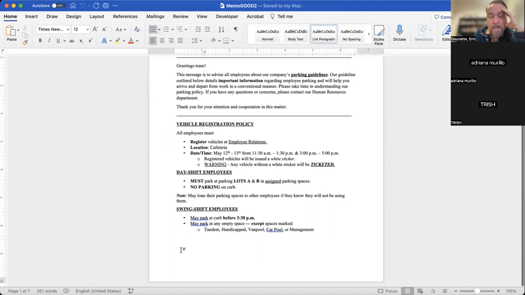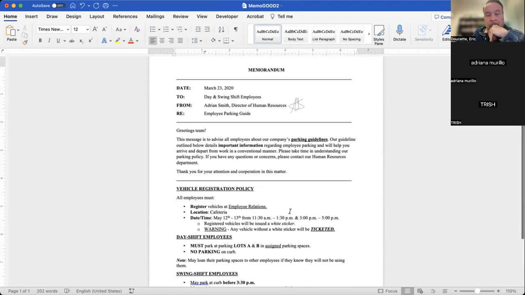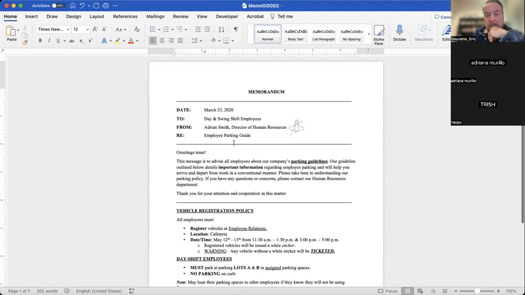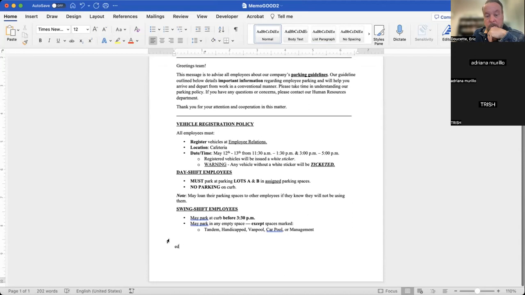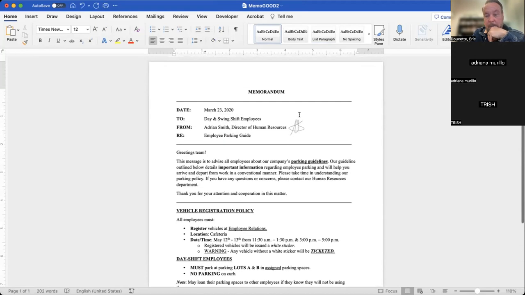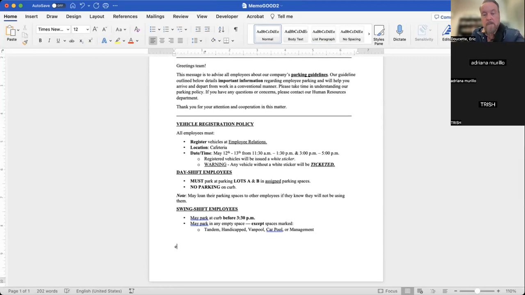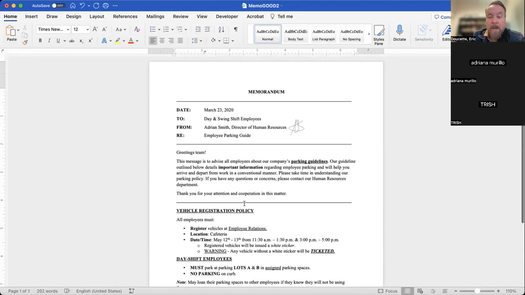The only thing missing on this one is there's no initials of the author. So that would have to be down here, ED, and that would make it complete. Actually, the reason I didn't have them, here's the truth, is because I had the name up here, Adam Smith. That's who it would be from, Adam Smith. I don't remember if it has to be capitalized or not. I'm not going to grade you on that.